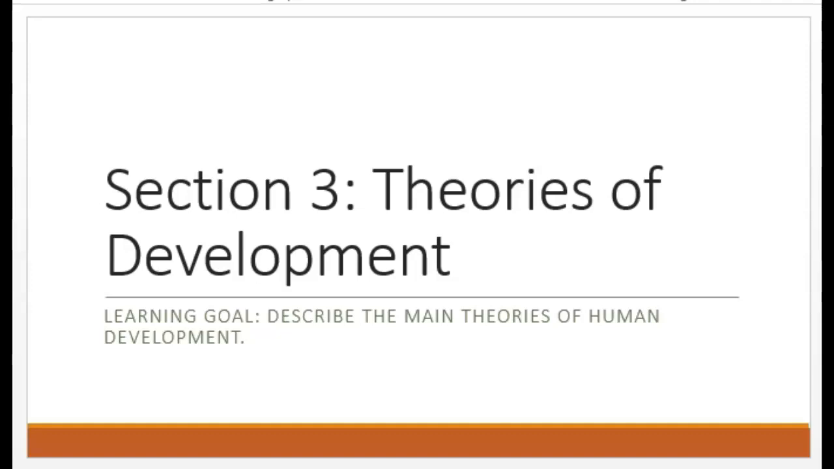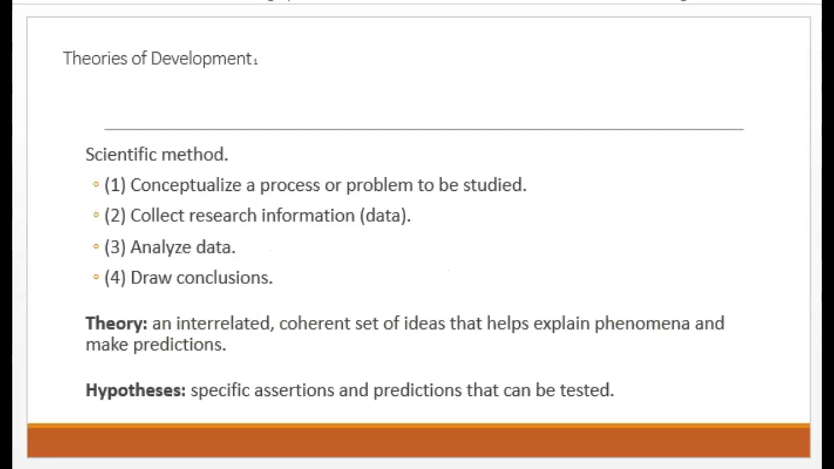Section 3, Theories of Development. Your goal by the end of this section is to be able to describe the main theories of human development. The nature of development is very complicated, with questions about the roles of nature and nurture, stability and change, and